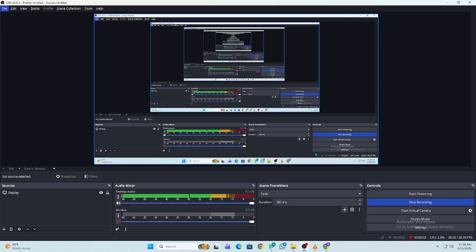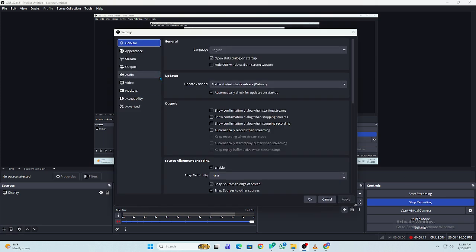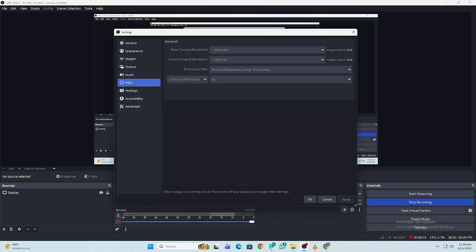To use OBS Studio for YouTube videos in 2026, follow this simple setup. First, open OBS Studio on your PC. Go to Settings, Video and set your base resolution to 1920 by 1080 and FPS 30 or 60, depending